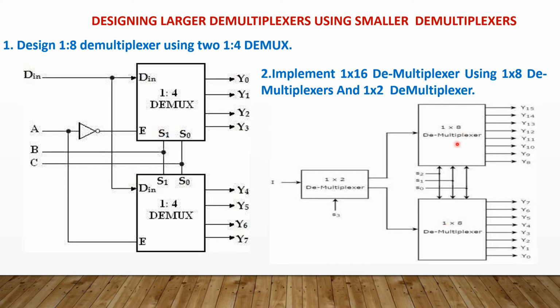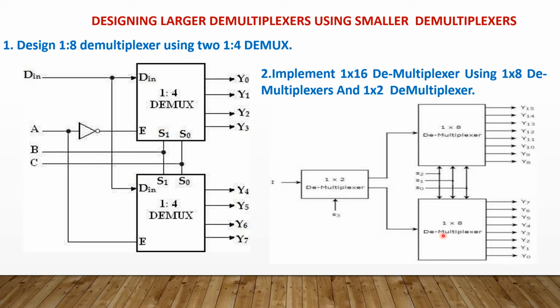For an individual 1 into 8 demultiplexer, we know that it will have 8 outputs, 1 input and 3 selection lines. Similarly, the second 1 into 8 demultiplexer circuit again will have 8 outputs, 1 input, 3 selection lines. And the input for these 1 into 8 demultiplexers is from the 1 into 2 demultiplexer. Since it is a 1 into 2 demultiplexer, it will have 1 input and 2 outputs. And outputs from this 1 into 2 demultiplexer can be connected to the upper and lower 1 into 8